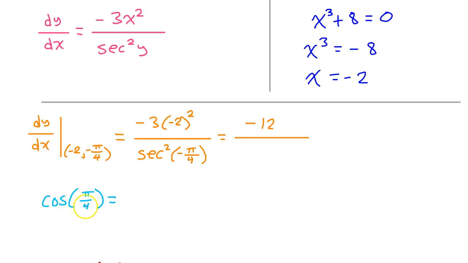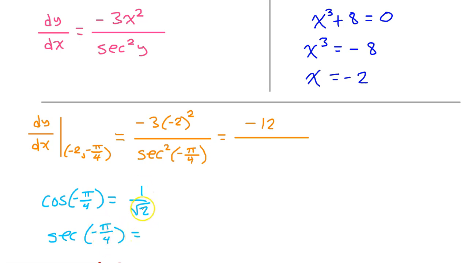Here's my thought process. We memorized long ago that the cosine of pi over 4 is 1 over radical 2. Or you might have learned it as radical 2 over 2, which is the same thing. Negative pi over 4 is in the fourth quadrant, where cosine is still positive. So the cosine of negative pi over 4 is also 1 over radical 2. Secant is the reciprocal of cosine. So the secant of negative pi over 4